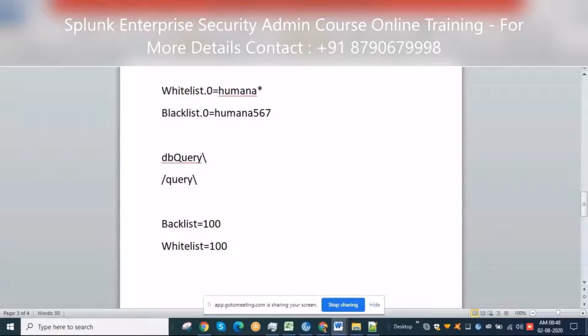So now tell me, in Splunk, the event code I have defined as blacklist 100 and whitelist 100 in my inputs.configuration file, will my Splunk ingest the event code with the value 100? No, because it's over the limit.